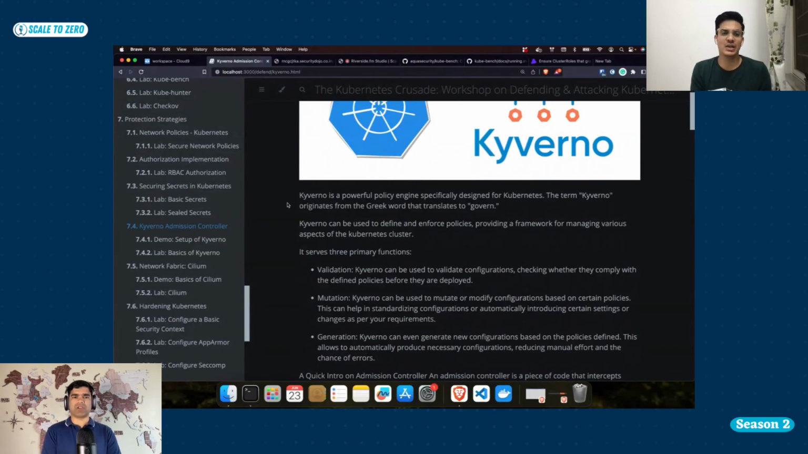OPA Gatekeeper is one open source controller, and Kyverno is another. Kyverno I prefer because it has a library with huge YAMLs where the policies are provided, so you can easily go and learn. With OPA Gatekeeper, you have to learn Rego, which is a little bit complicated. So if you are starting for the first time, like when I started learning